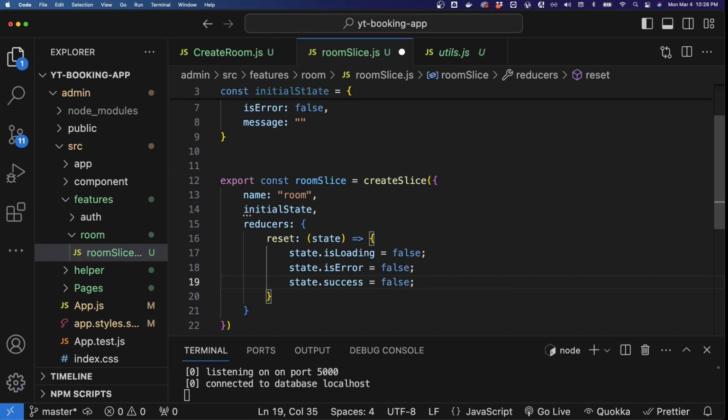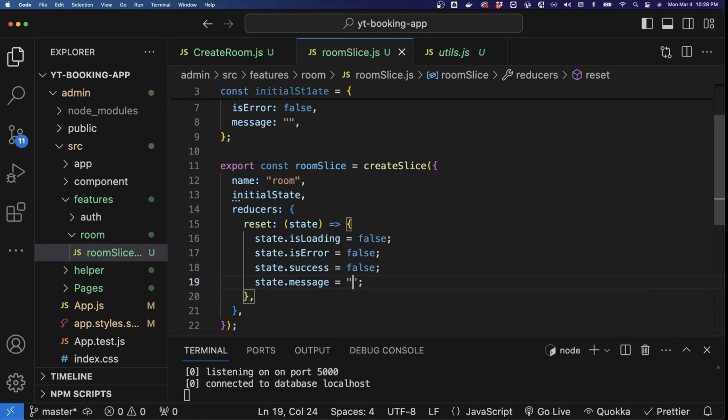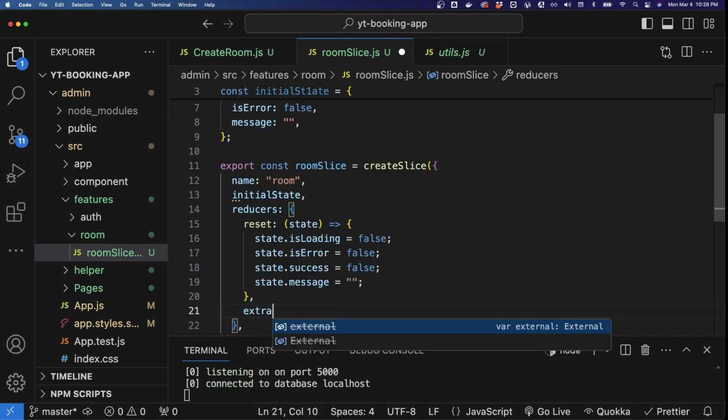Okay, so state.isLoading is false, and then also state.message will be an empty message like that. So basically, and then for our asynchronous